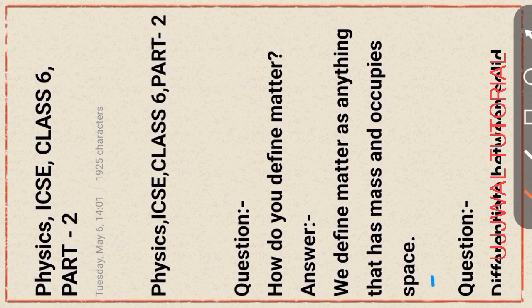Okay. Now question number 1, that is the first question. How do you define matter? You define matter as anything that has mass and occupies space. Okay, matter has three types: solid, liquid, and gas. Solid example is table, liquid example is water, and gas example is air. Okay, next question: